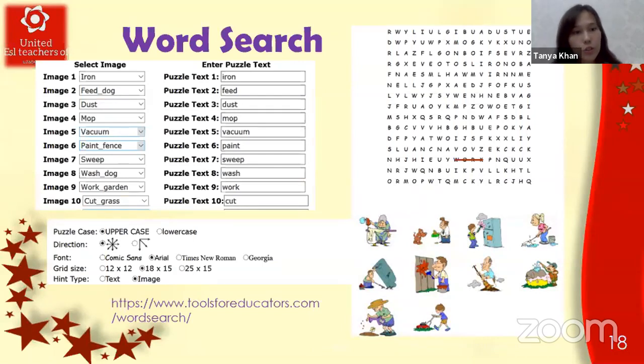So here in the first, you have got 10 images, and I have to just click on the word and select the image. The database provides lots of pictures actually, and then right after the picture, I have to write down the word that it might represent. So after fulfilling both of these columns, I can choose the puzzle case, I mean the shift of it,